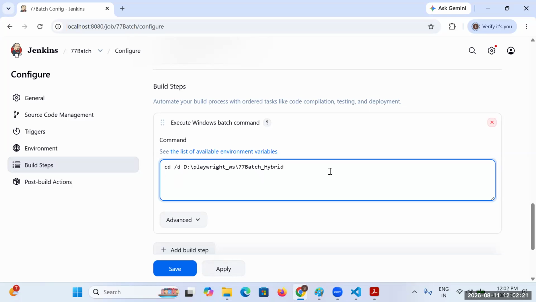Now whenever Jenkins executes the schedule, first it has to go to this path. In this path, it needs to execute the program. To execute the program, you require Playwright.